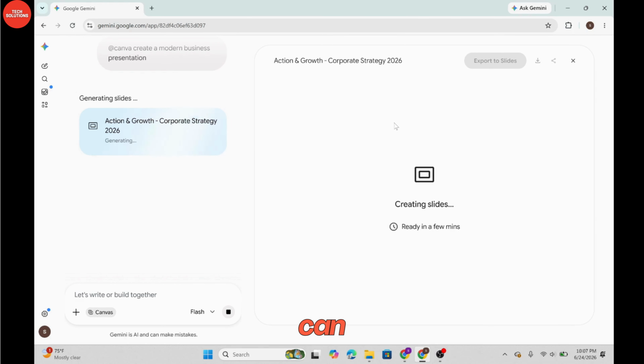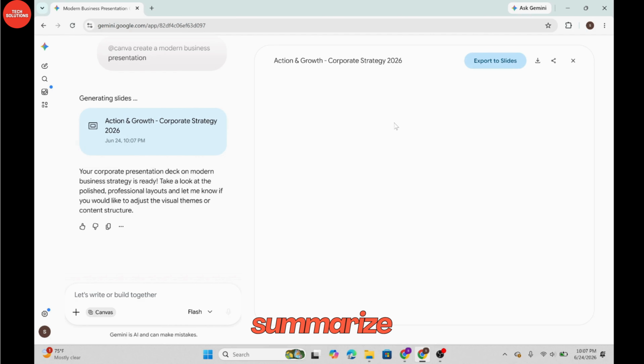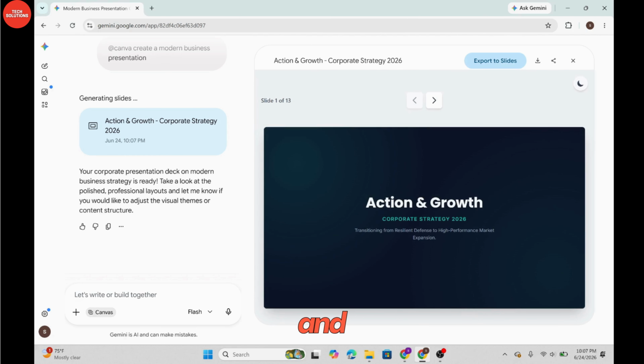And once connected, you can ask Gemini to create new Canva designs, search your Canva projects, summarize existing presentations, and read and reply to comments on designs as well. And this is it. This is how you can connect and use